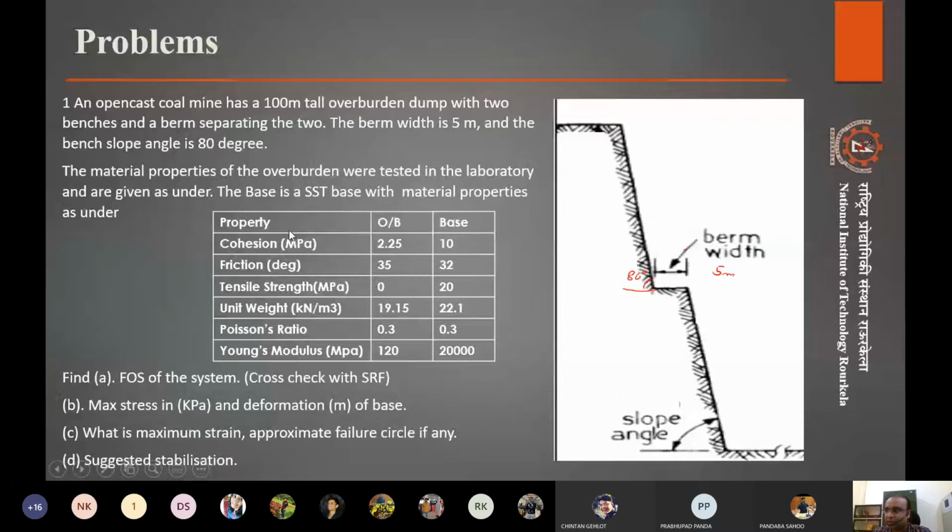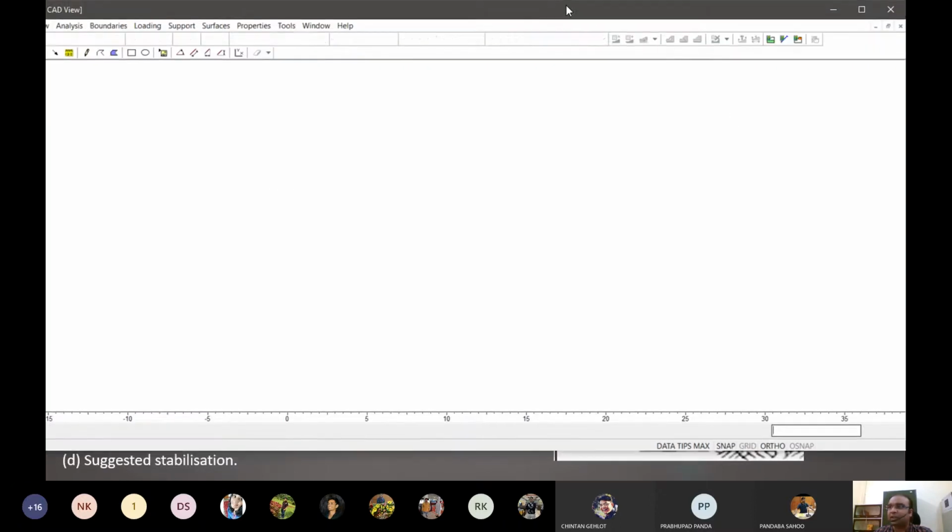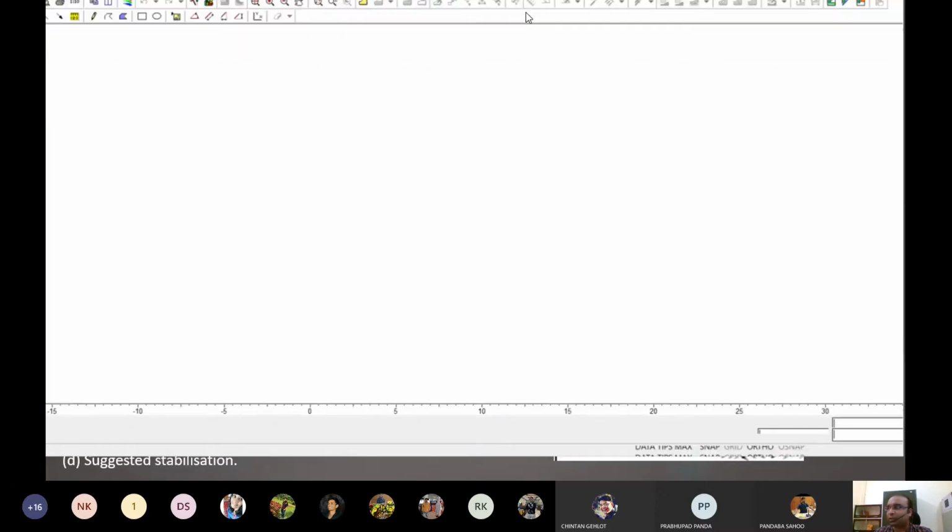So in order to start, we have to remember what we need and where to get it from. So let's first open the Slide software, because that's the first point we want to start from. And the good thing about these softwares, Slide and Phase2, is that you can actually import geometry from one to another.